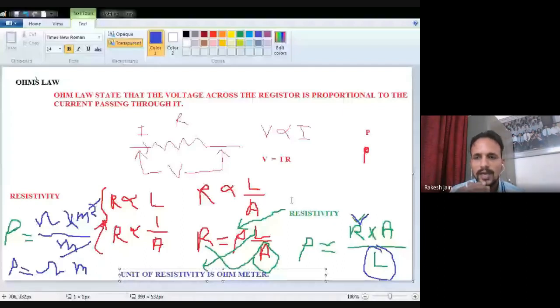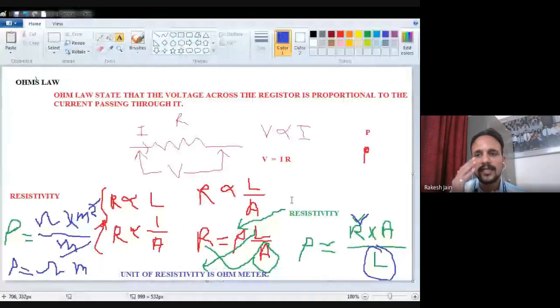So what you understand till now is that there is a basic fundamental formula behind the resistor use, that is Ohm's law. And Ohm's law states that whenever voltage is applied across the two terminals of the resistance, then some current flows through it. The value of that current and the applied voltage are proportional to each other. So V is proportional to I, that is V is equal to IR, where R means resistance. So V is equal to IR is known as Ohm's law.